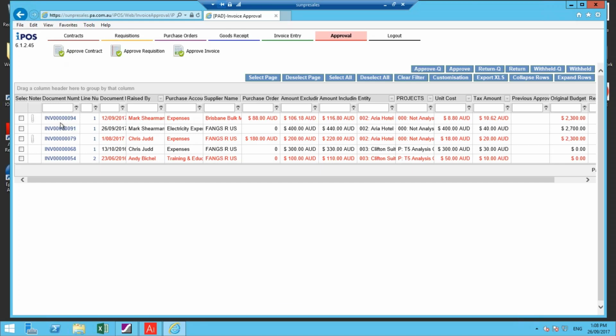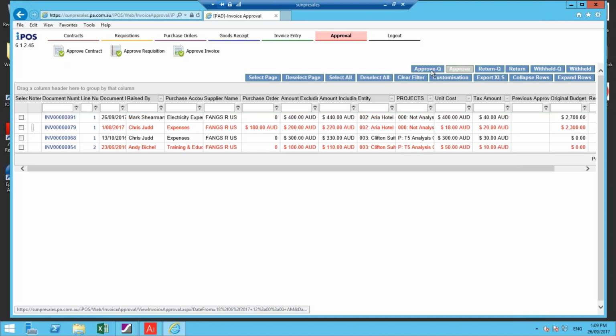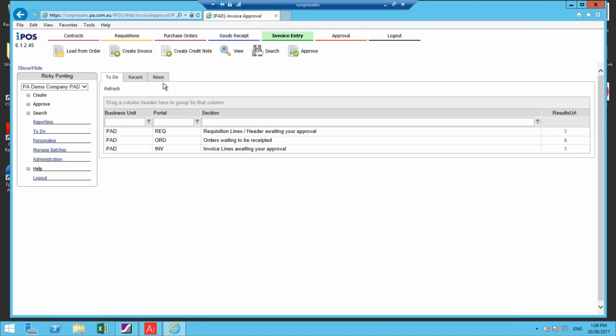Again, much like in requisitions, this is the workbench for invoice approval. Their objective should be to clear it, either return it or approve it. And again, if we return it, you'll be prompted to put in a message. Otherwise, we'll approve it. We click on approve. It'll disappear from the workbench. And at that point in time, the journal is now posted into Sun, and I can see that via